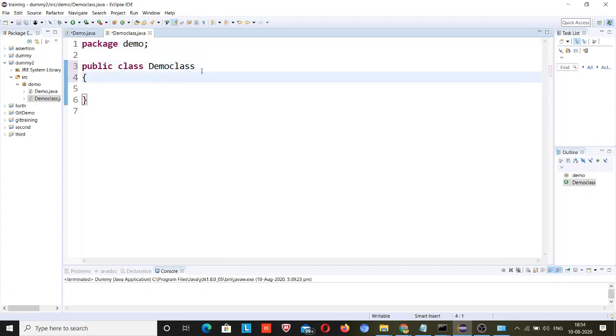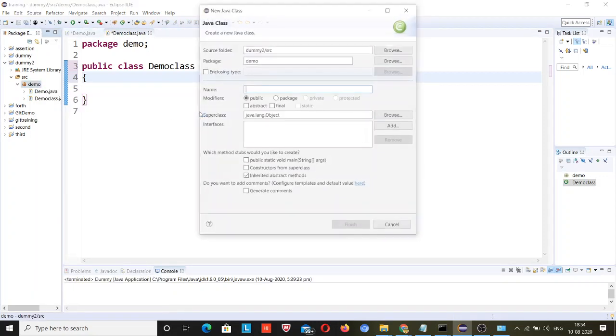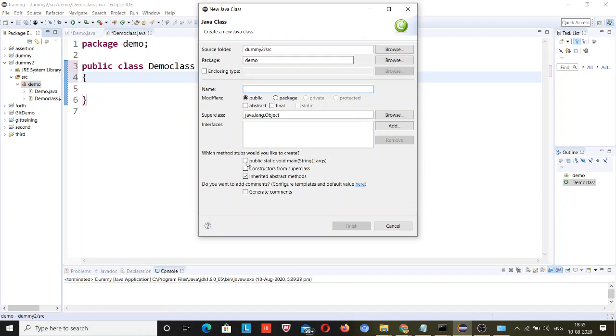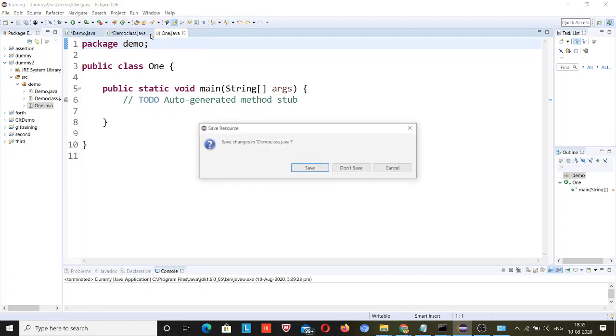Maybe I have not created the main function. Click on this one. Yeah, now it's created. I forgot to check that option, that's why the main method was not created.